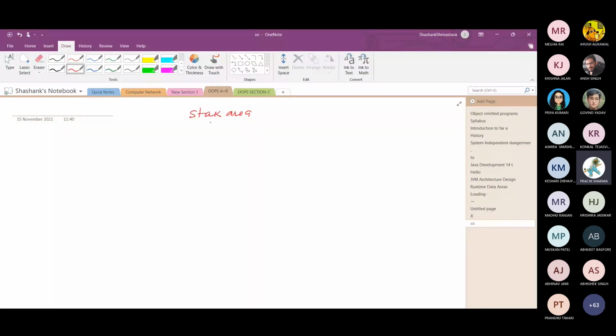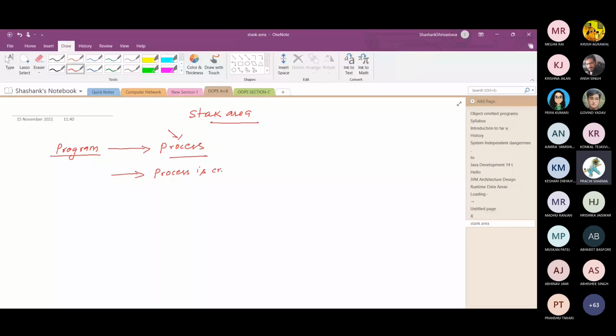Suppose in a single program, when the program is executed, if you write a program and it is executed, it becomes a process. When any program is executed, that becomes a process. Like Microsoft Word: when you run Microsoft Word, in the task manager you can see that a process is created for it.